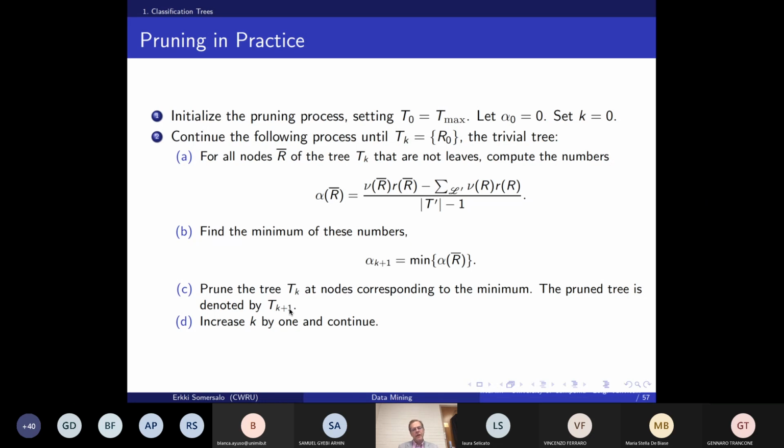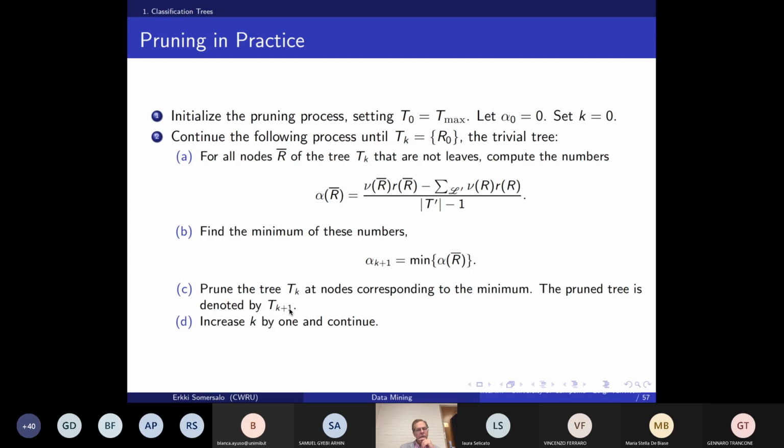So what is the idea here? We can argue that I'm testing all the nodes which are not leaves. I'm asking, what is the alpha value that makes the smaller tree better than this tree if I cut from this node here? So I have all these alphas, and I choose the smallest possible alpha of those finite number of values